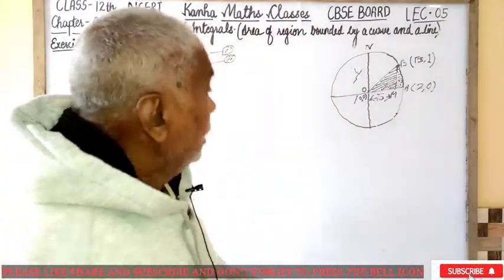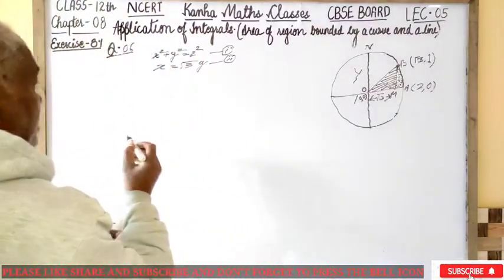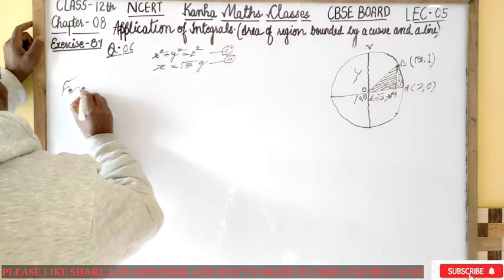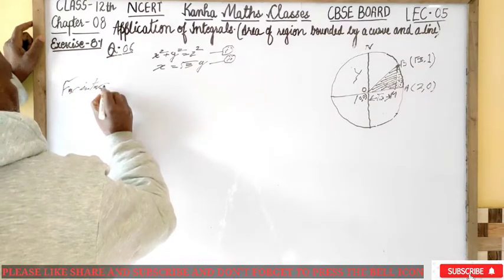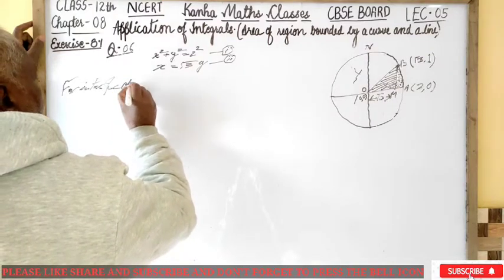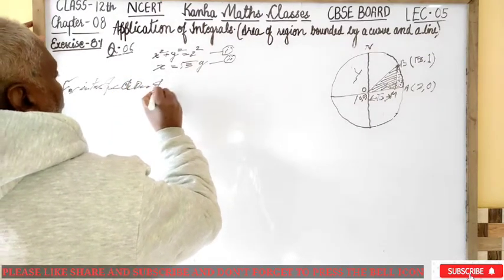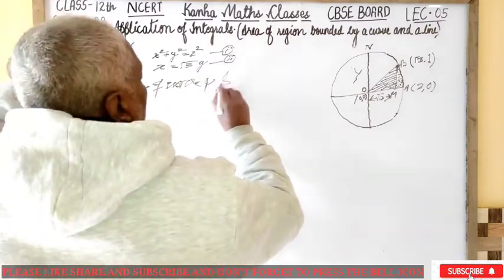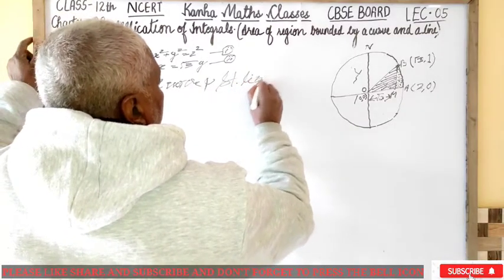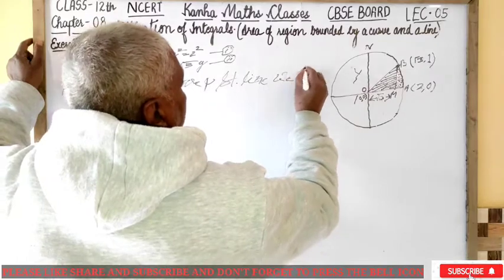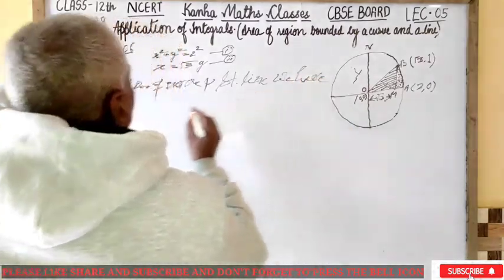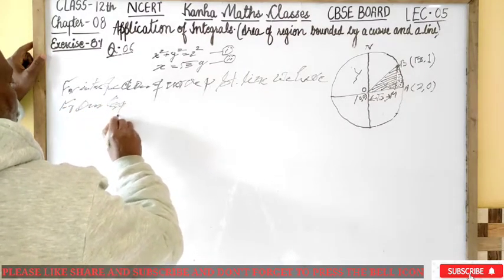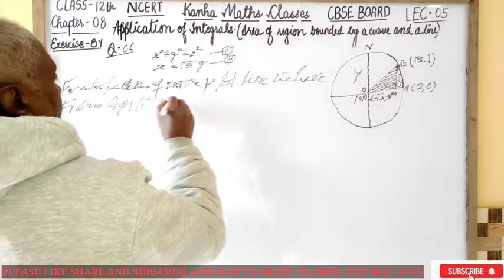If we find out the intersection of the curve and the straight line, we have, from equation 1 and 2,